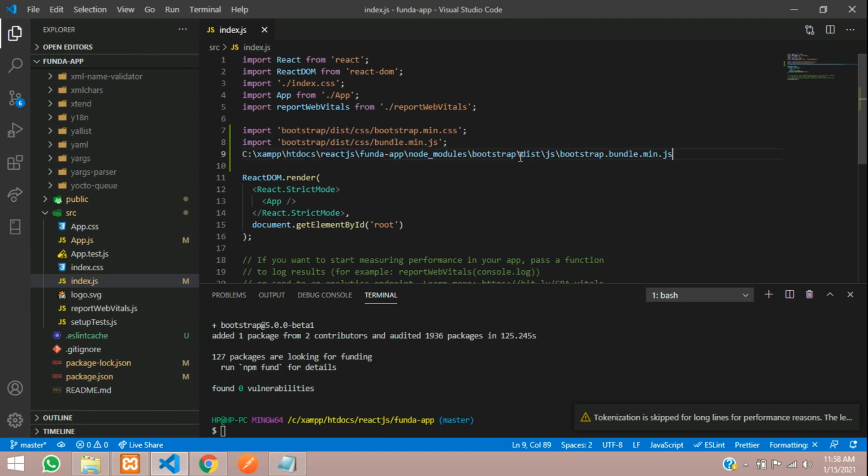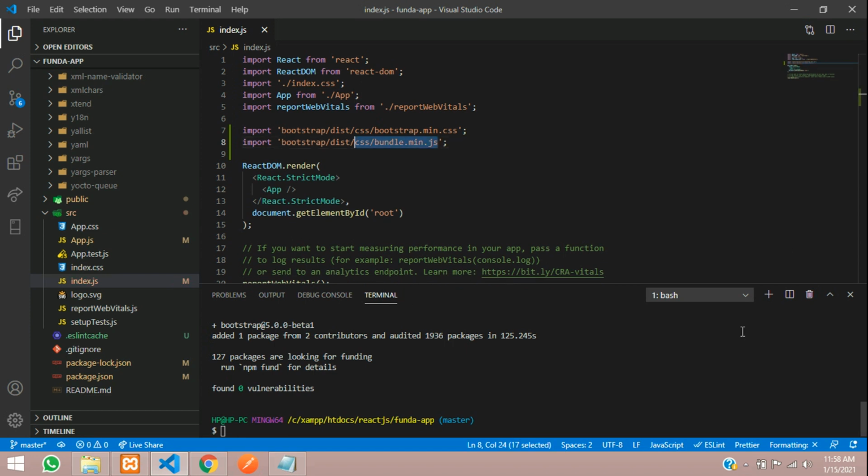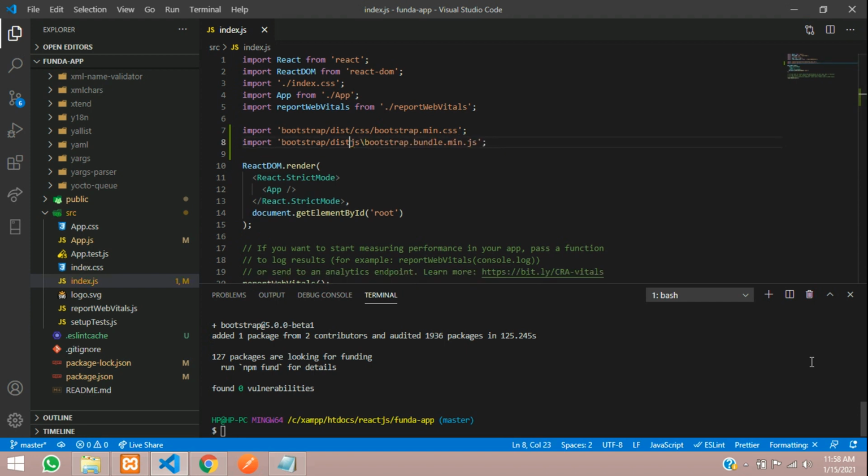So let's paste the path over here and take what the things are required. So let's Control X and remove this, and now let's include that over here, paste, and let's change this as forward slash and then forward slash. Now guys, it is set, and now to test we will move on with the app.js